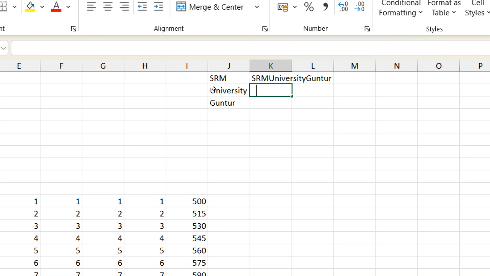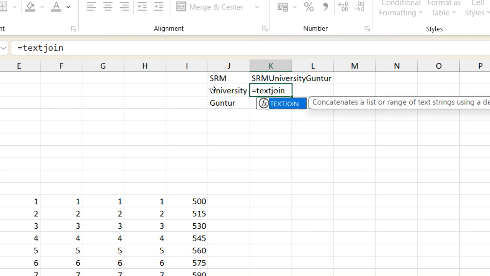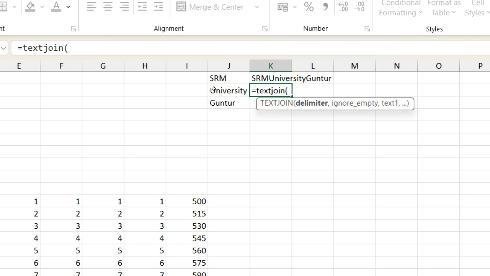TEXTJOIN, bracket open, delimiter. What is the separator you want? After SRM, what is the separator you want? After University, what is the separator you want? You have to put this within double quotes. Next to L is the semicolon, and next to the semicolon, the double quotes are there. You have to hold the shift key and press it, shift double quotes. Don't use two single quotes. Some people will use two single quotes. Don't do that. You have to press double quotes,